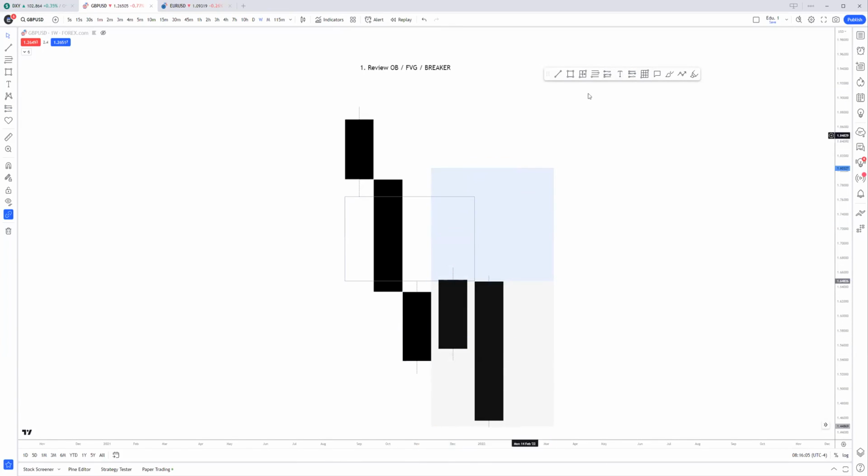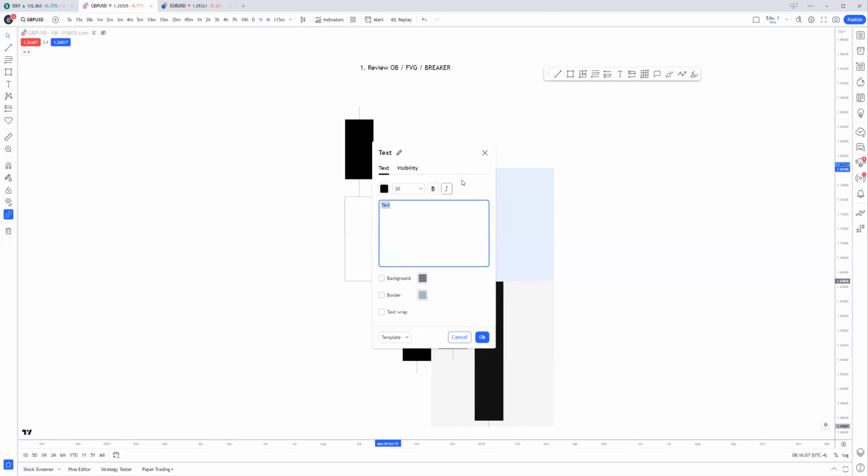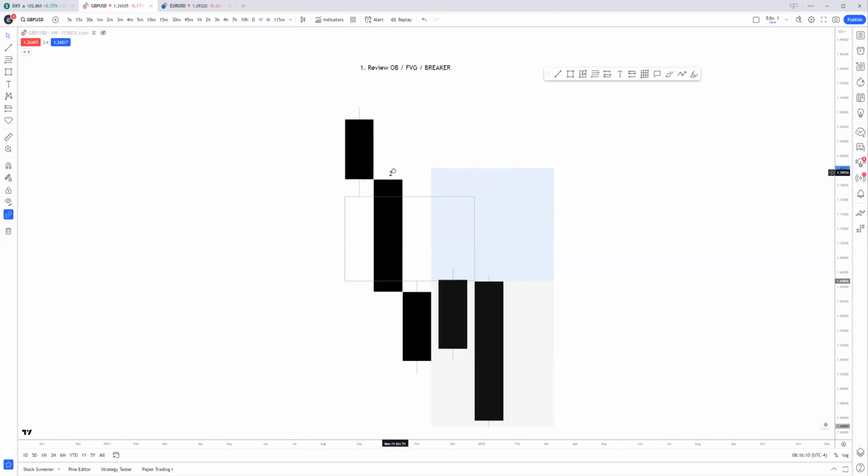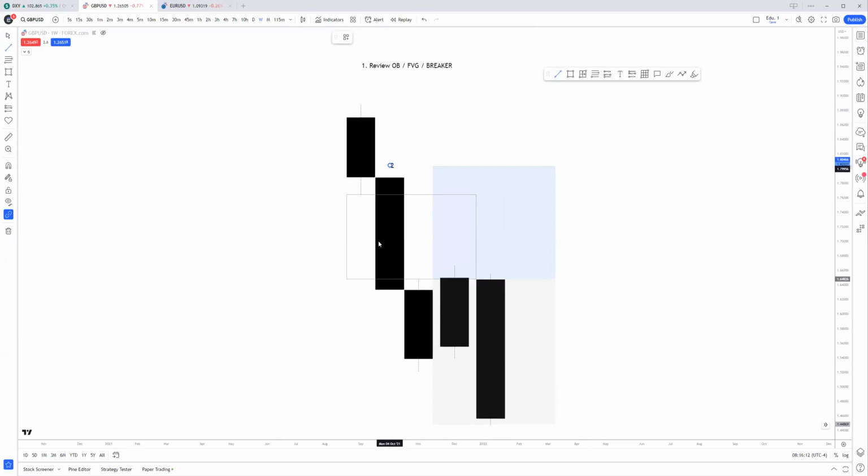target whatever your next draw on liquidity is, and your stop placements are either above candle two, the high of candle two. So let's just put a wick in there. Right, so there's candle two, high above candle two, or if you want to be safe, less risk, you would put it,